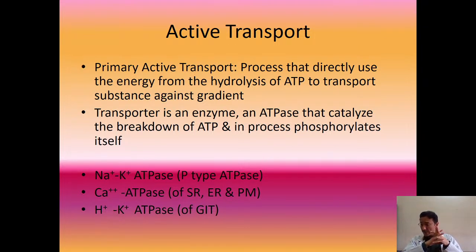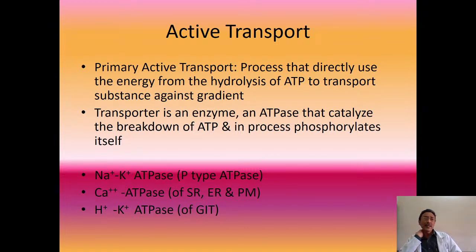Now, what are the examples of primary active transport? Basically, the whole of the active transport is of four types. One is the P type of transport, which is known as the phosphorylation type. Then there is the V type of transport, which is known as the vacuolar type. There is the F type of transport, where there is an energy coupling factor, and then you have the ABC transporters. So basically the transporters are of four types: the P type ATPases, the V type, the F type, and the ABC types.